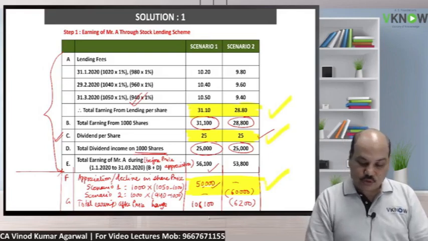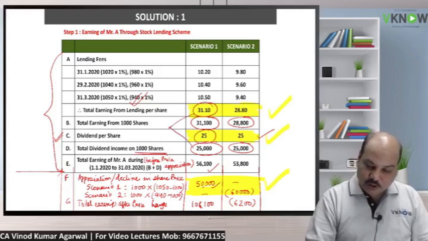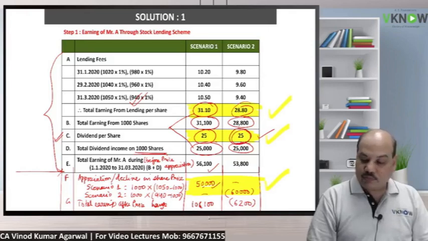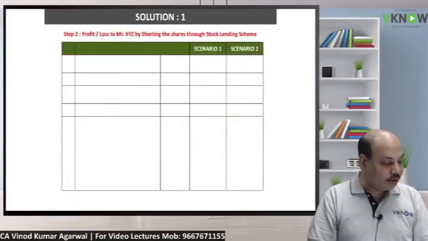So now you see on the screen. 31.10 plus 25 we have already calculated here, which the short seller will have to pay to the lender of the shares, and plus gain or loss we will consider. Okay, so I hope you are ready. Write down